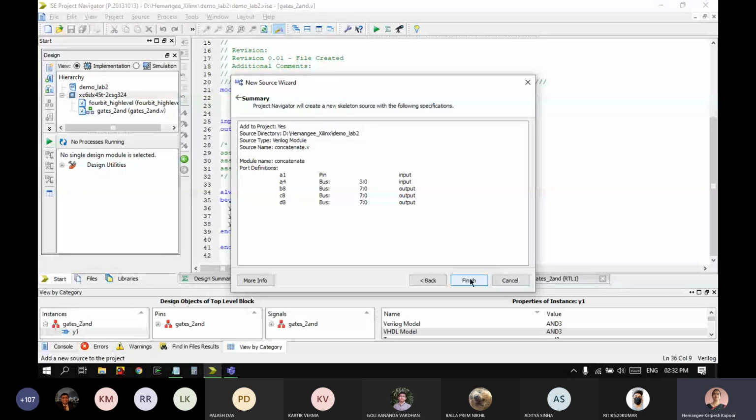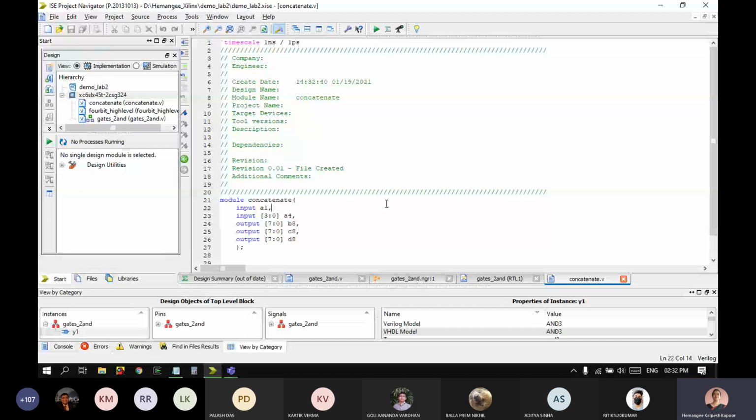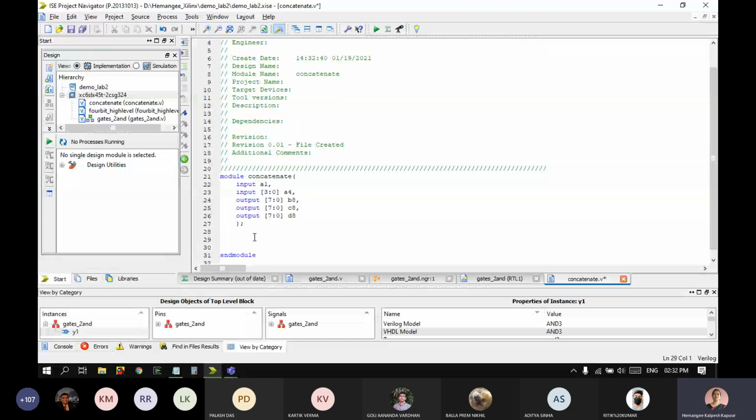Okay, so this file is created. Now very simple, I'm just going to explore the concatenate feature. I have got 3 outputs, B8, C8, and D8.